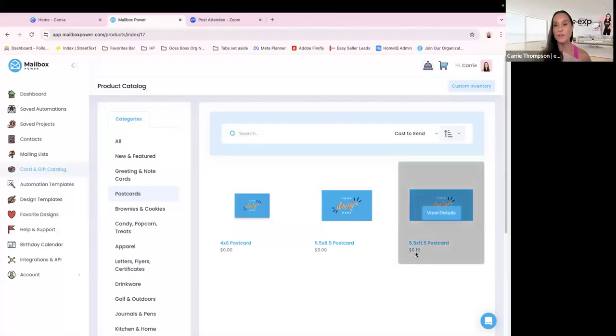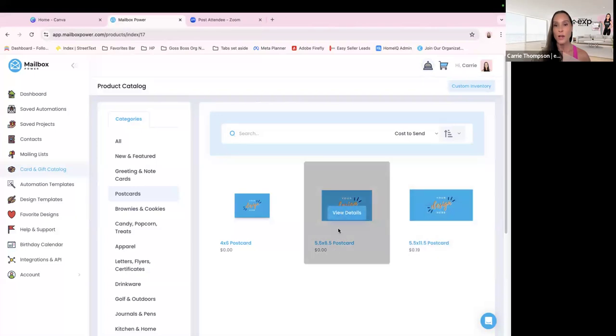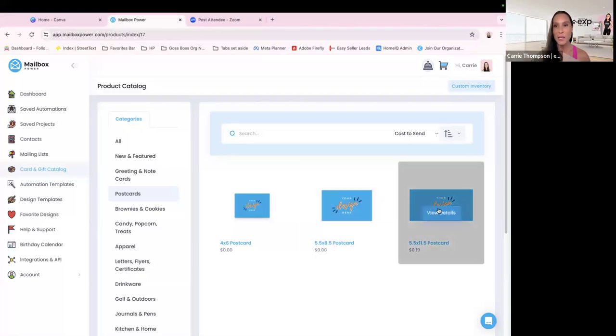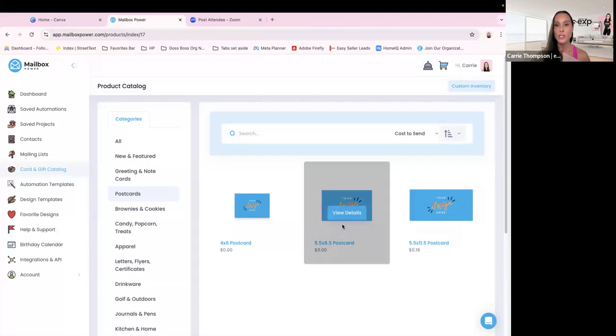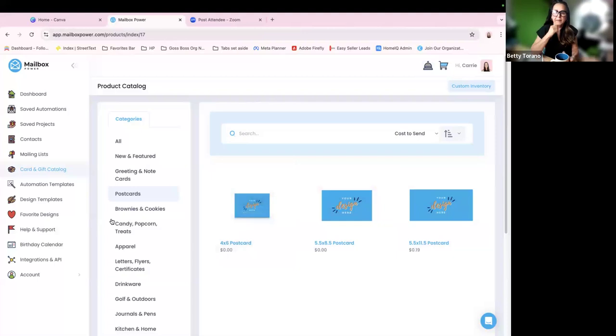These cards, you have to pay the 19 cents for. Yeah, but I was saying if you did the smaller one, they're free. So you don't have to spend for the big ones. You can just do the free one and just pay postage. Yep. So it's worth the extra cost